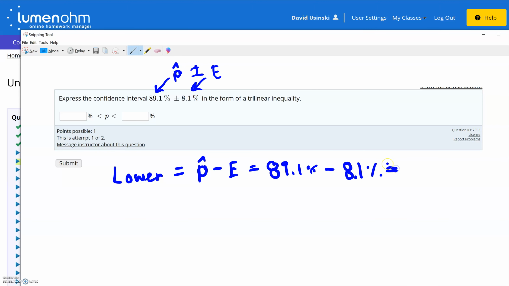This one's actually a nice, easy one to do. So if I subtract this, I'm going to get 81%. Okay, so that's my lower bound. Now to do the upper,